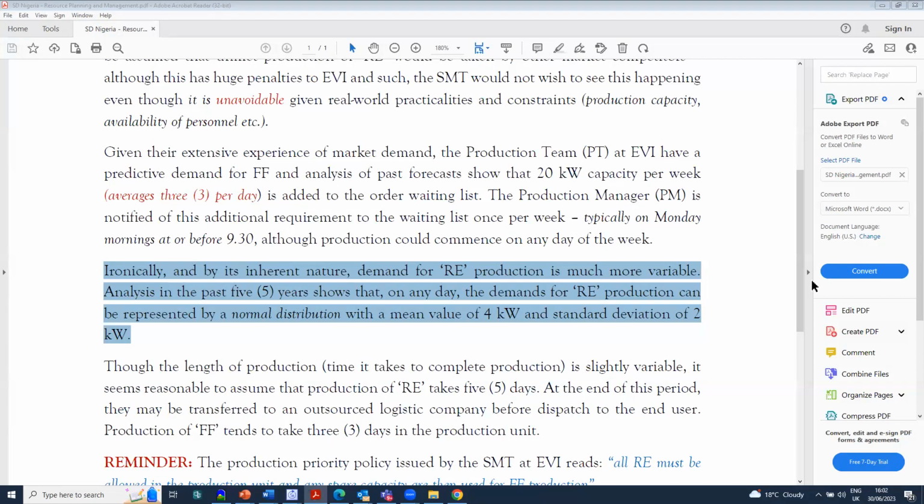And the discussions about fossil fuel, we only get it once a week. We get an order once a week, and so we've made that easy for the system. Don't give us renewable energy order every day, but bring it once a week. That is the contract we had. And once a week, 20 kilowatts, not more than that.